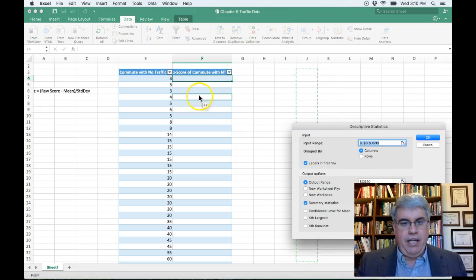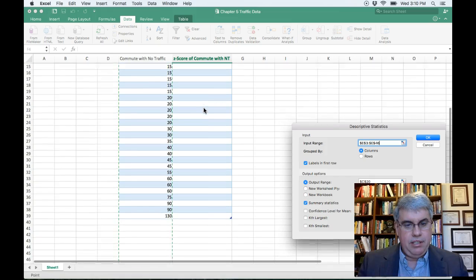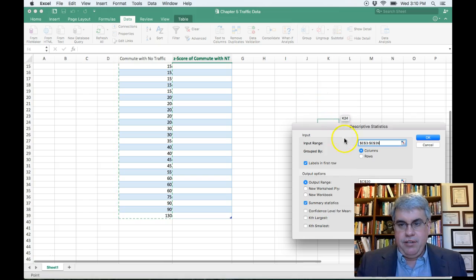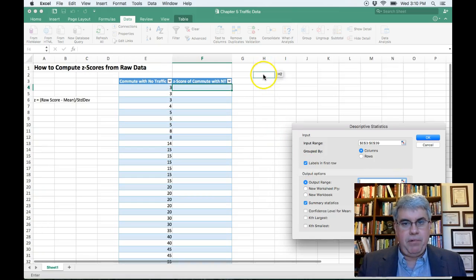And the input range, I'm going to start at the top of the table here with the label. And then I'm going to go down with the shift arrow to the bottom of the table. Oh, and I will stop at, and I'm doing the shift up arrow to get back to 39. So it goes from E3 to E39. It's grouped by columns. The labels are in the first row. The output range, I want to change that. So I will delete that. And now I will move the table up, and I think I want the output range to be